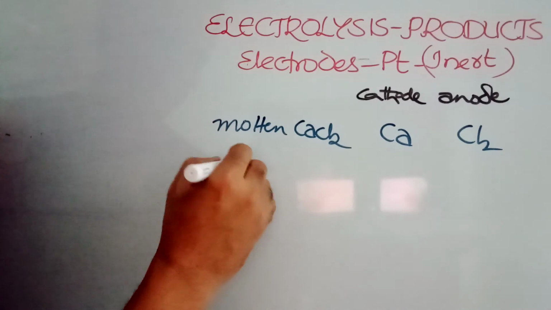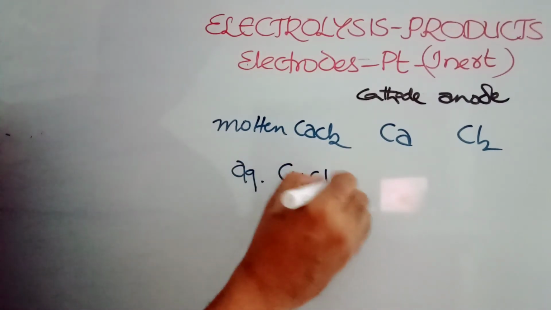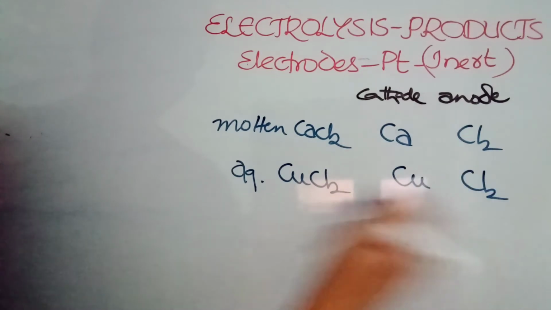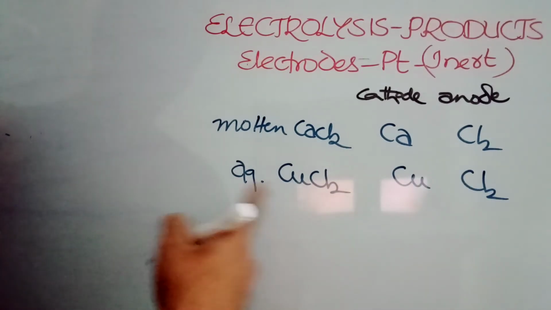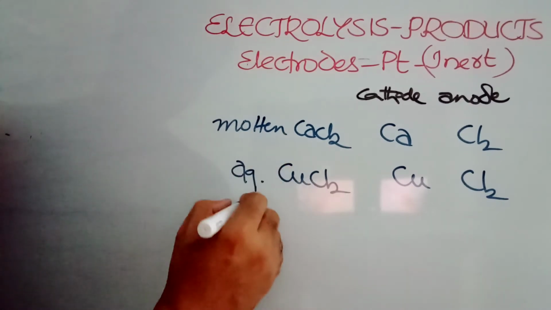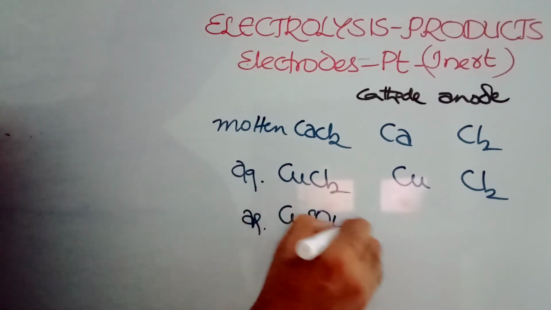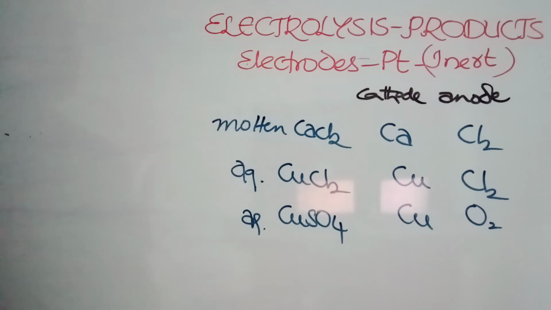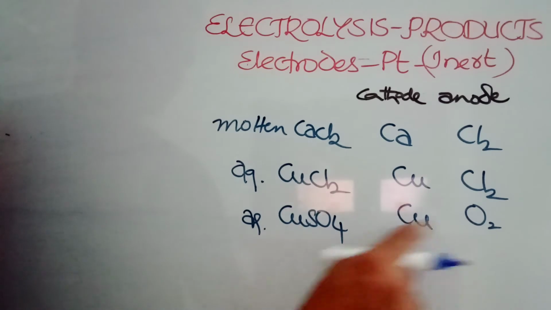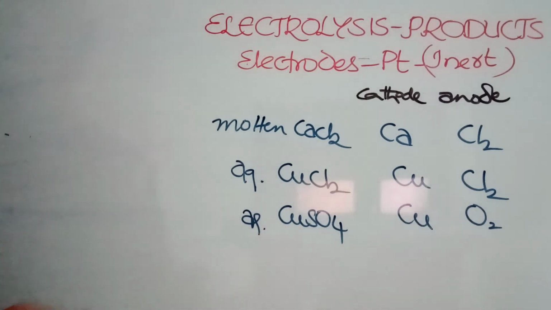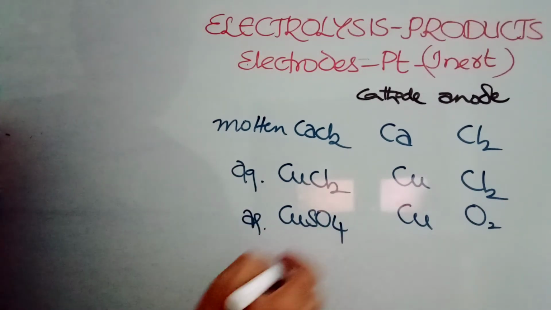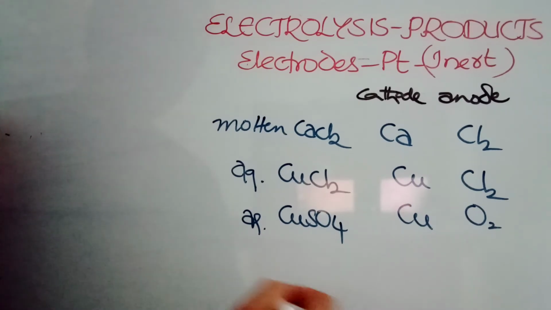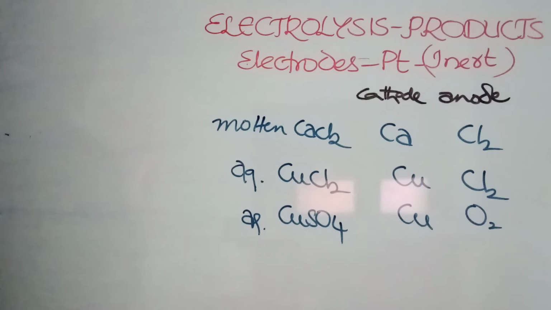Now for example, aqueous copper chloride you are using. Copper and chlorine, aqueous is also fine for copper, there is no need of molten. Aqueous is enough. And aqueous copper sulfate, if you are using, copper is okay. Instead of sulfate, you will be getting oxygen. Sulfate ions and nitrate ions do not discharge easily. In place of that, you will be getting OH minus ions only, and you are getting O2 only. Cu and O2. Even copper nitrate also, if you are taking, copper will be discharged at cathode, and O2 will be coming at anode. Copper chloride, copper sulfate. Nickel also you can use the same thing. Nickel sulfate, nickel chloride, all D block elements, aqueous solutions are going to be enough.